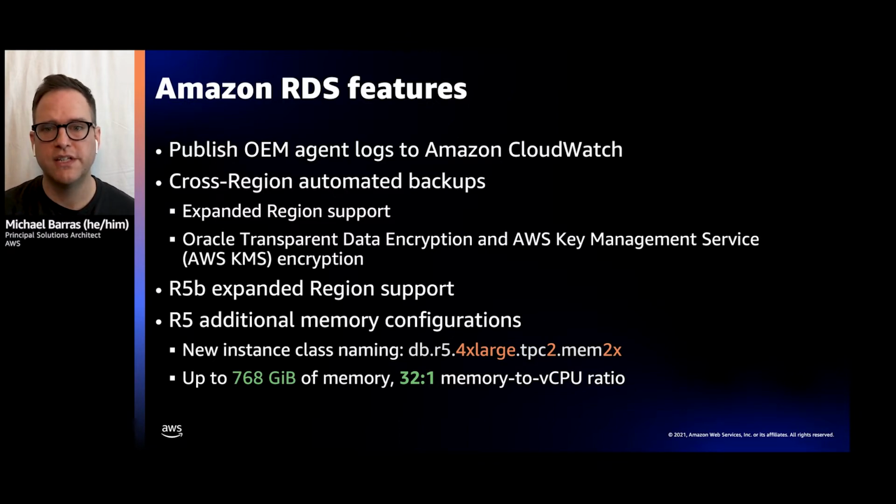Alternatively, you could switch to a different memory configuration for a 4x large. In the example here, that's a 4x large with 2 threads per core, indicating that hyperthreading is enabled, and 2 times the memory. So an instance that still has 16 vCPUs, but 256 gigs of RAM instead of 128. You can run an R5.4 extra large with up to 4 times the memory. That's 512 gigabytes for 16 vCPUs, a ratio of 32 to 1. The full list of instance types and their resource configurations is covered in our documentation.